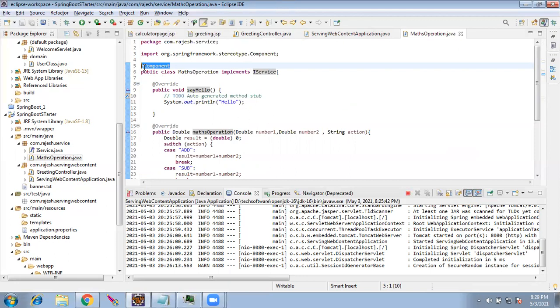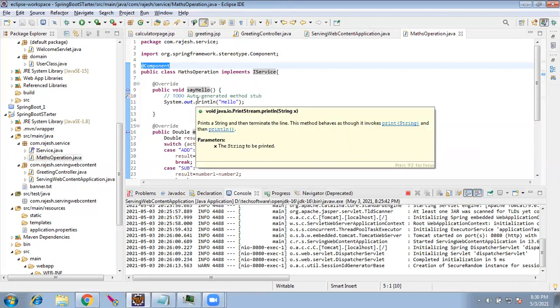So we are telling the Bean factory that the MathsOperation file is eligible for scanning. When you scan, you have to scan this also. That is what this component means. This is a component, so please scan it, and wherever required, use it for auto wiring.